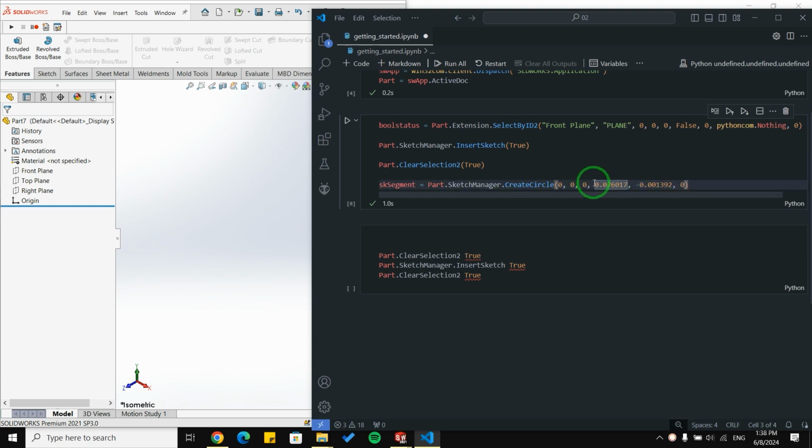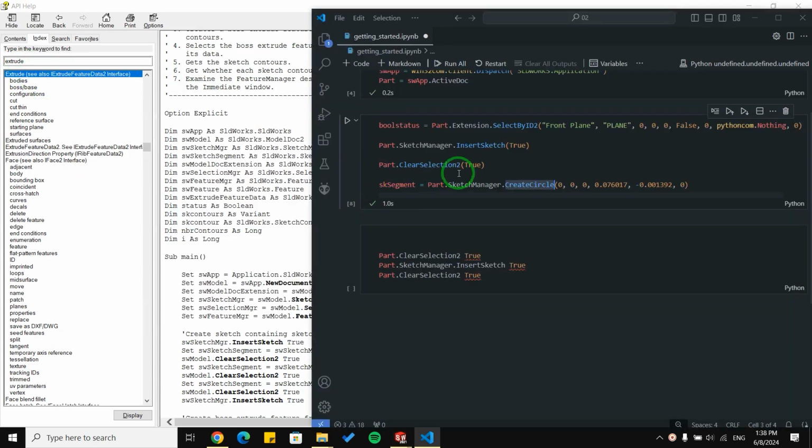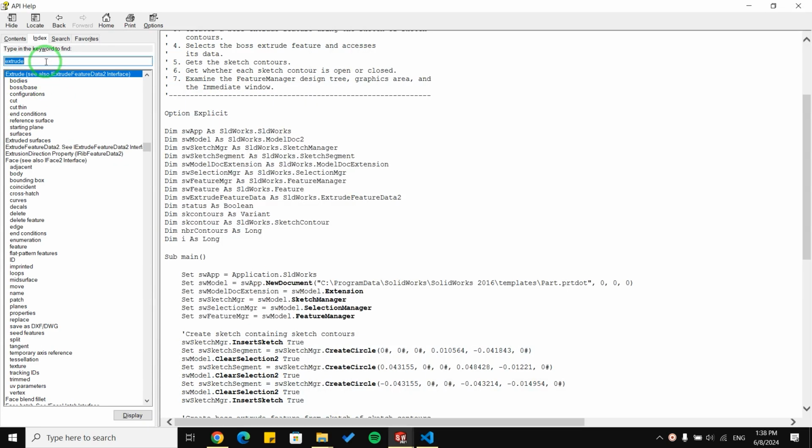But it's better to go to API help and see what this create circle function does for us, because sometimes you are going to face new functions whose parameters you don't know. So for API help, I copy create circle, and I'm going to paste it here, enter.